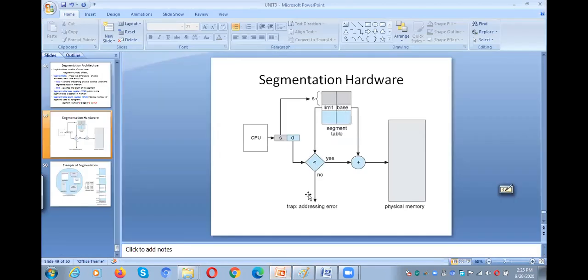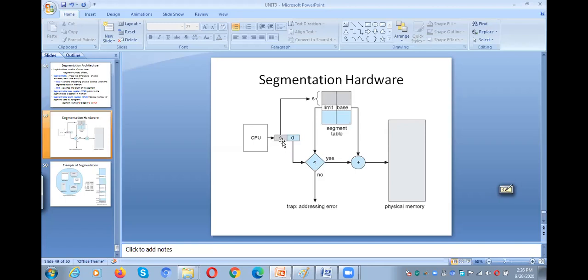If it is not, then what do we have to do? If it is less than base plus limit, then automatically there is no problem. Directly with the segment number, what do we need to add? We need to add the offset. When do we need to add the offset? If the generated address is less than base plus limit, then only we add the offset to that particular location.